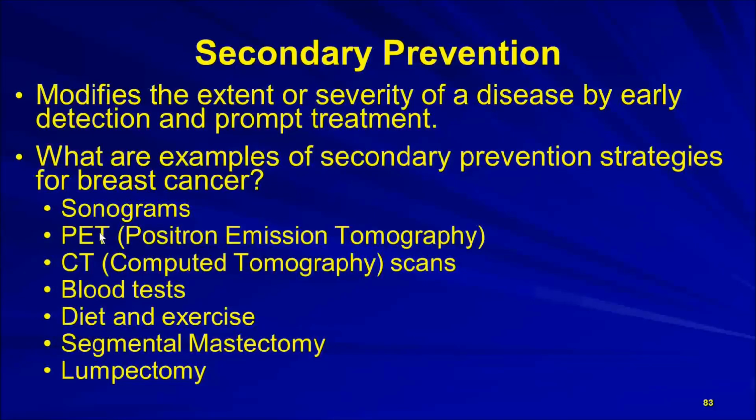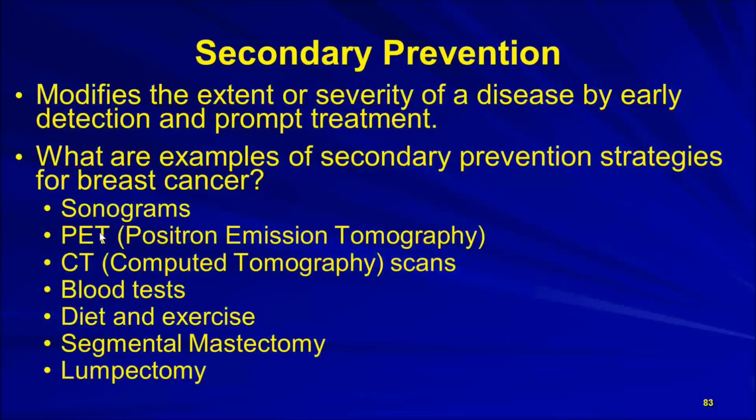I want to talk about secondary prevention, and this probably has to do with stage 1 breast cancer. And I know, as you do, that there's some contention that everyone has cancer cells in their body, and a goal is to ascertain and predict determinants so preventive measures can be taken. And we don't necessarily know in advance, but again, I think family history is a pretty good indicator, and that's something, again, that we ought to take into account. So what we're trying to do is modify the extent of the severity of the disease. We're really trying to get it under control.